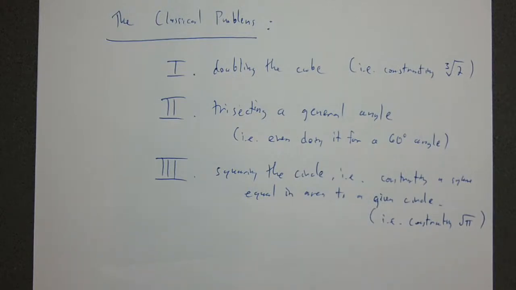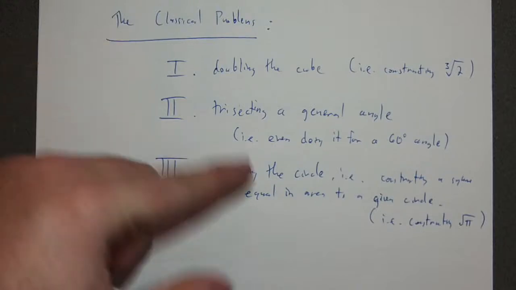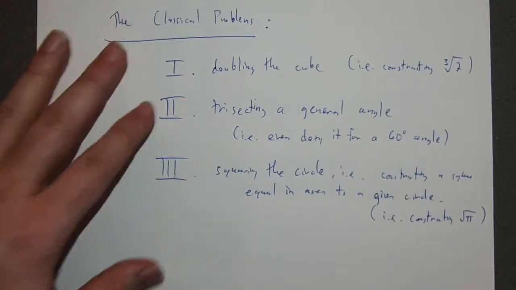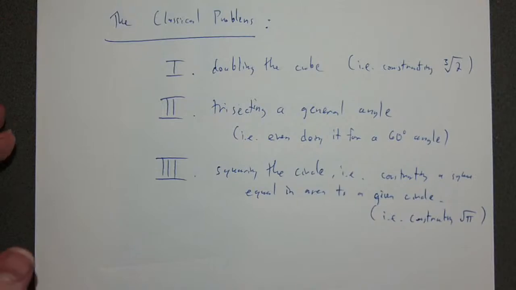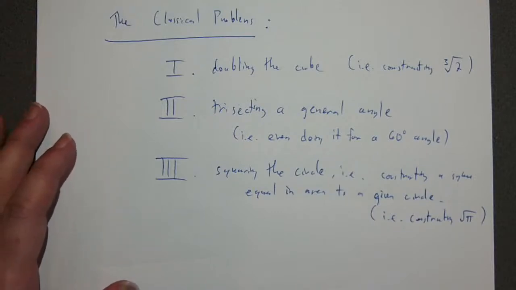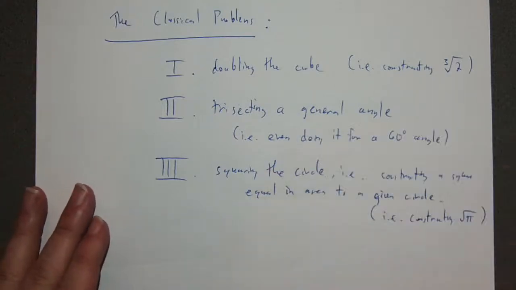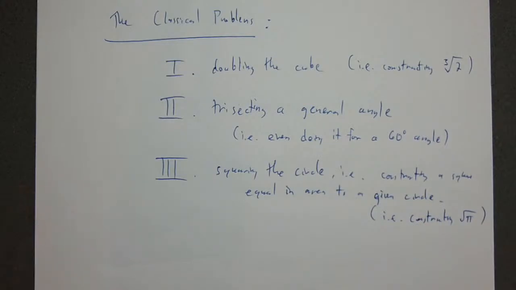There is something going on under the hood that really is showing that once you understand enough to resolve these issues and say why you can't do these with compass and straight edge, then you have basically passed a critical threshold for understanding what is going on here. Okay. And so I'm going to actually explain why we can't do this.